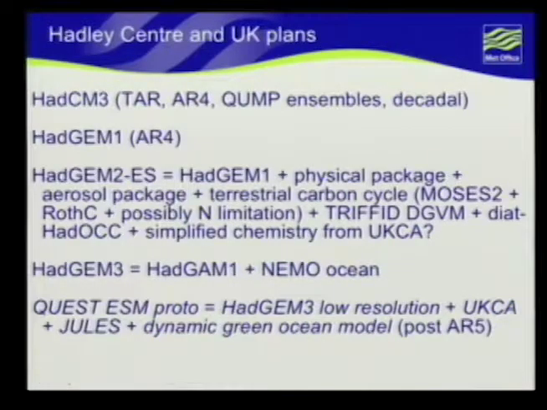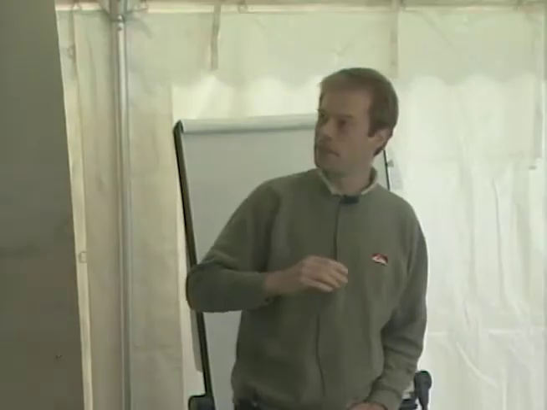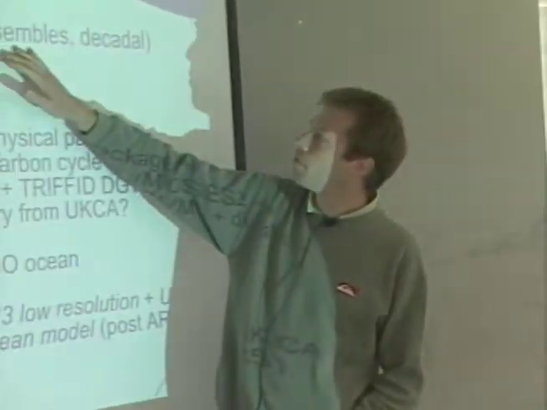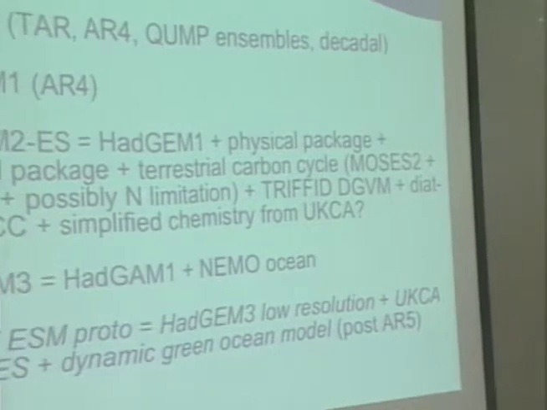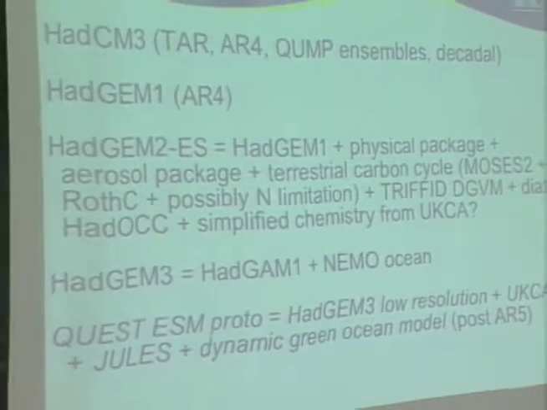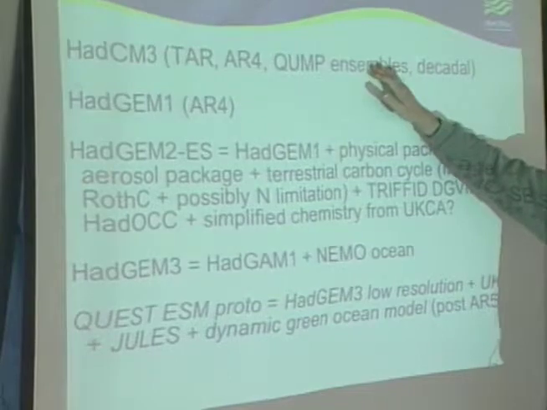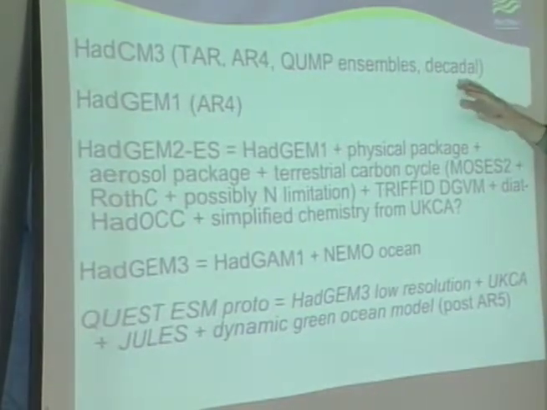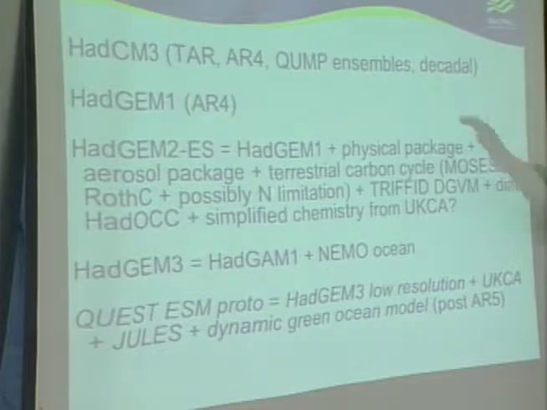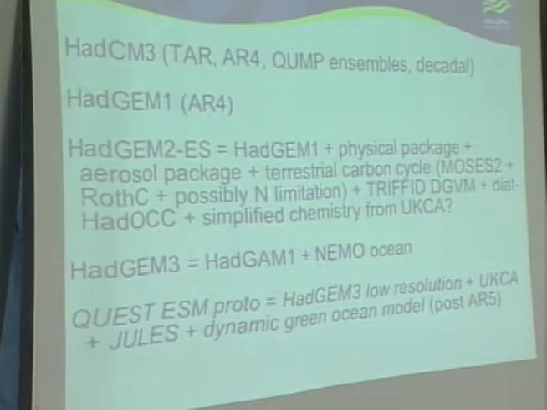Yeah. Okay. Just to update us with our plans, to put this into context, we had the HADCM3 model, which was used for the first assessment report. It's been used for AR4 also. There have been runs from HADCM3 submitted to AR4. And that's also the model we're using for ensembles because it's cheap now on today's supercomputers. So we use it for the QUMP ensembles, which are perturbed physics experiments. We use it for the very experimental work we do on decadal variability as well.